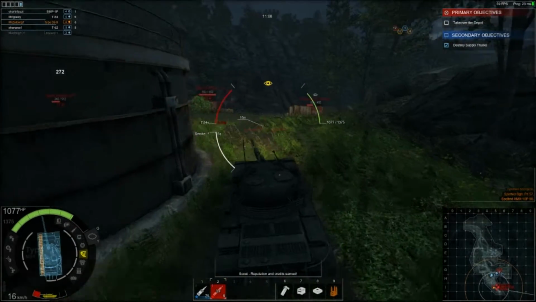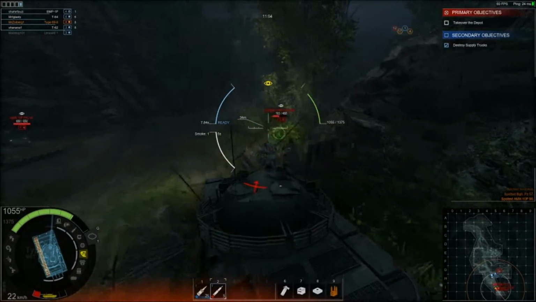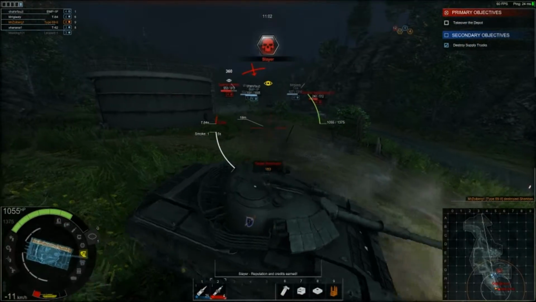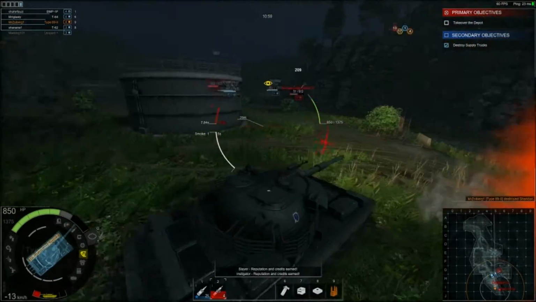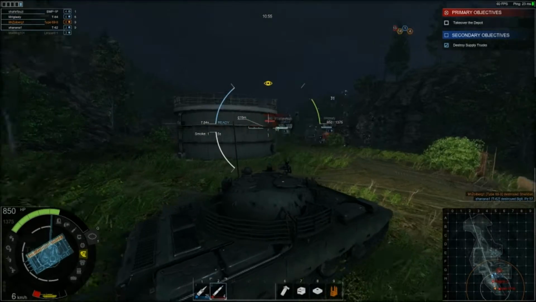I'm actually just going to go for the Sheridan because he's on low health and I don't want his gun to be around. That gun sounds so good. Sheridan behind us. Gonna get shot by... I'm going to go for the Bagel because he's on low health. Going to take his gun out of the game. He's actually...